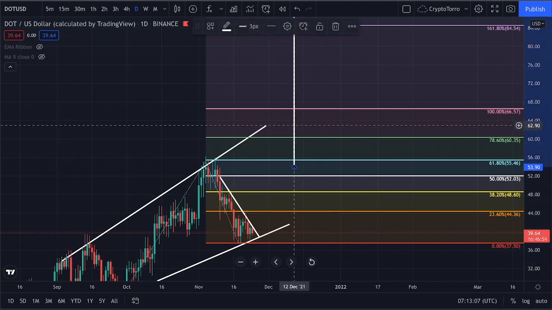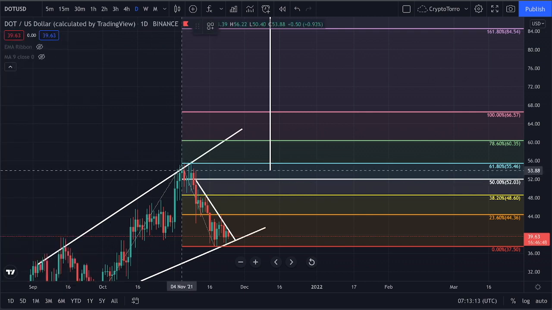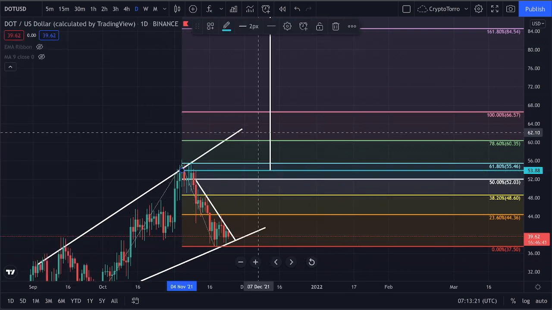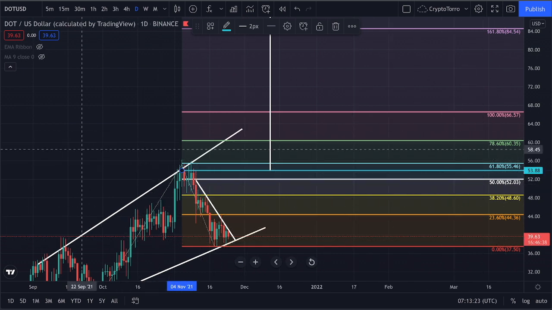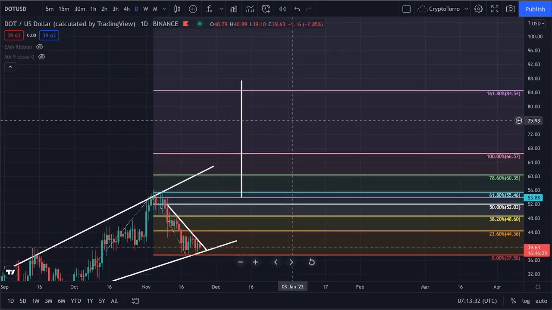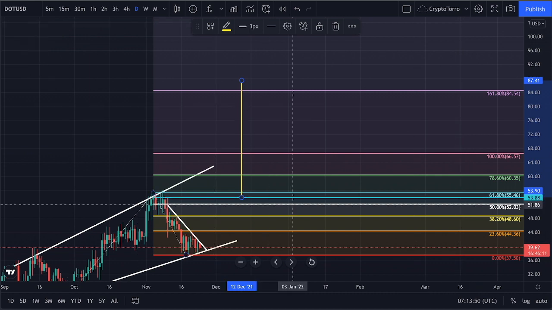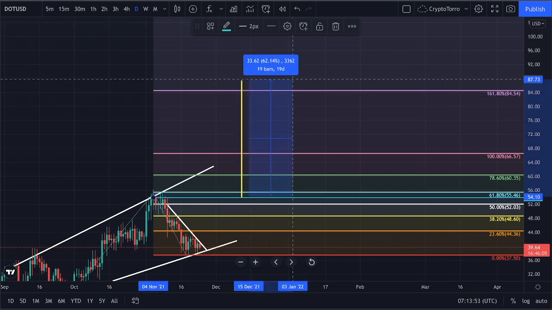So once we see a breakout confirmed, we will be breaking out above its previous high at $54 or $53.88. At that point in time, we will be experiencing a breakout on Polkadot outside of this major broadening wedge, and what we will be seeing is a major leg towards the upside getting created all the way towards the 161% Fibonacci at $84.54, and that would be a major leg of approximately 62% that we are going to expect once we break out above the $52 range,